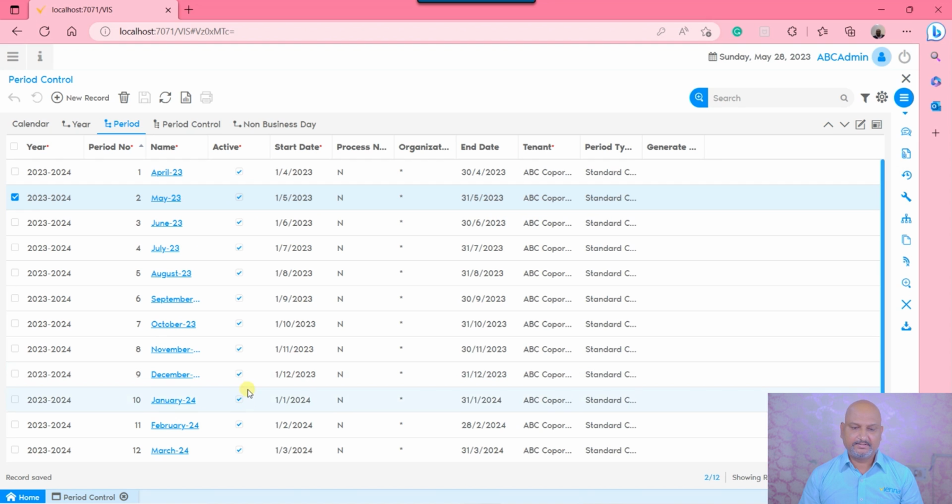So the first period needs to be changed manually before delivering the site to the customer. Okay. Now this is all 12 periods generated by the system. Apart from that,